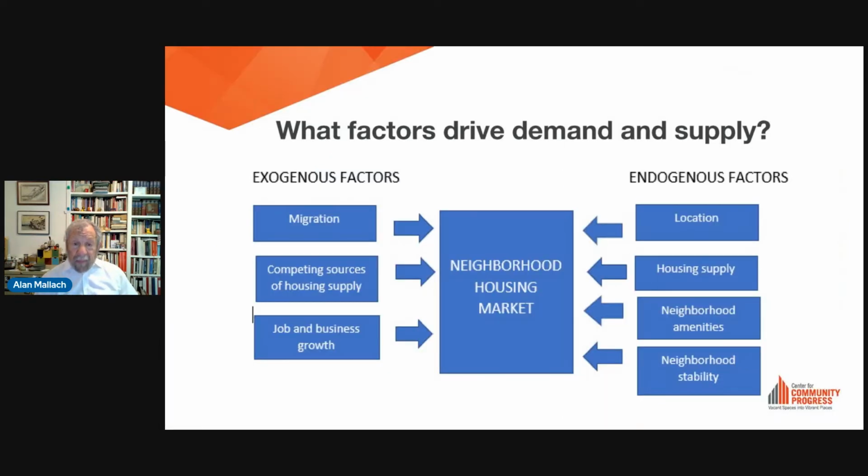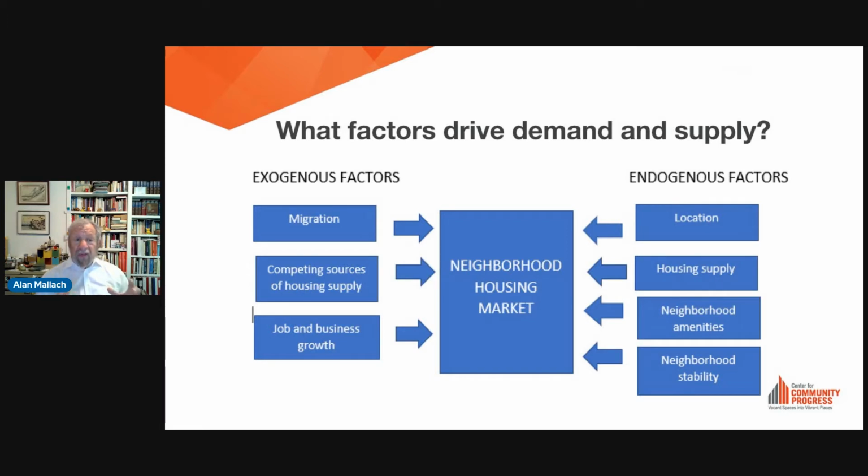Next slide, please. Okay, now what goes into that are a lot of different factors, because there's a classic line in the real estate world saying, you're not buying a house, you're buying a neighborhood. So each neighborhood housing market is a function of a bunch of different factors. Some of them are endogenous, which means they're internal to the neighborhood. They're specific to the neighborhood. Others are exogenous, which means they come from outside the neighborhood, but they affect the neighborhood.